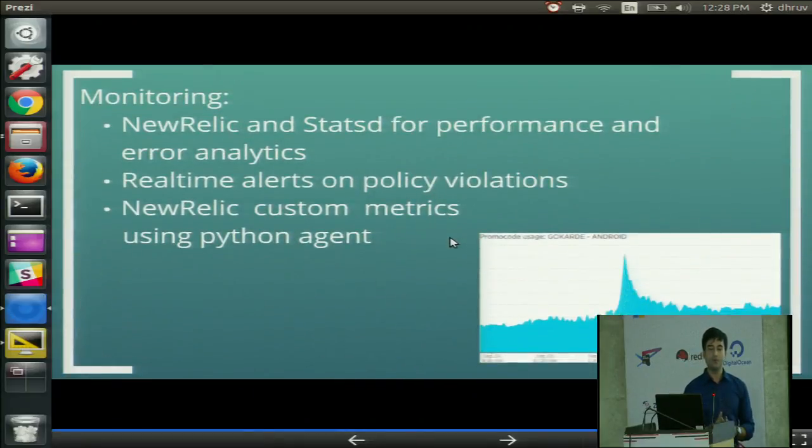For monitoring, we use New Relic. New Relic can do most of the things that StatsD can do, but New Relic is a paid component and StatsD is free, and there is certain data which we don't want to send to New Relic because it is public. Though it's account based, New Relic can see the data that you're sending. So we have real-time alerts on policy violations, on performance alerts, if your time threshold crosses any limit,